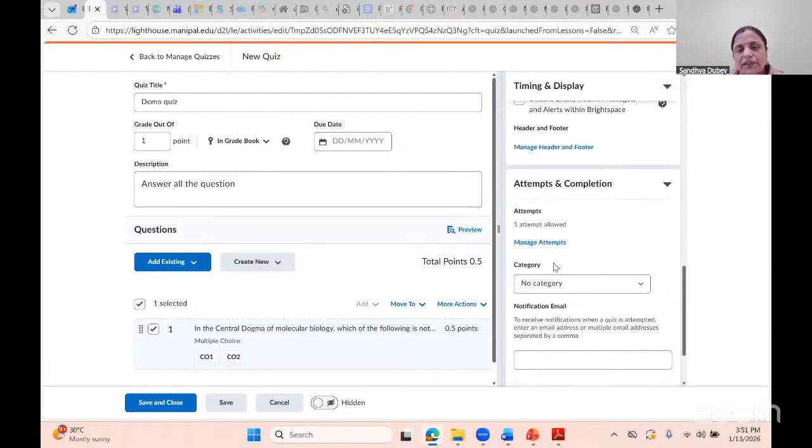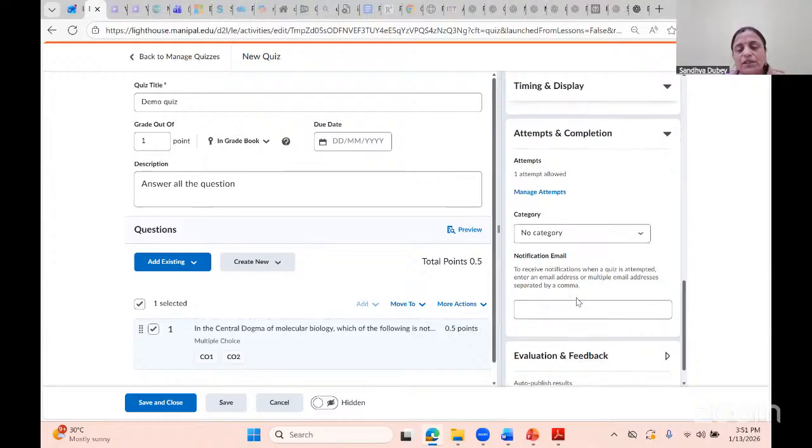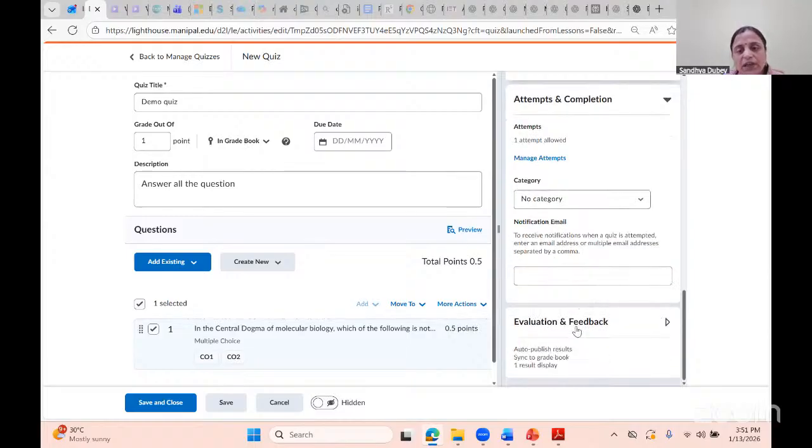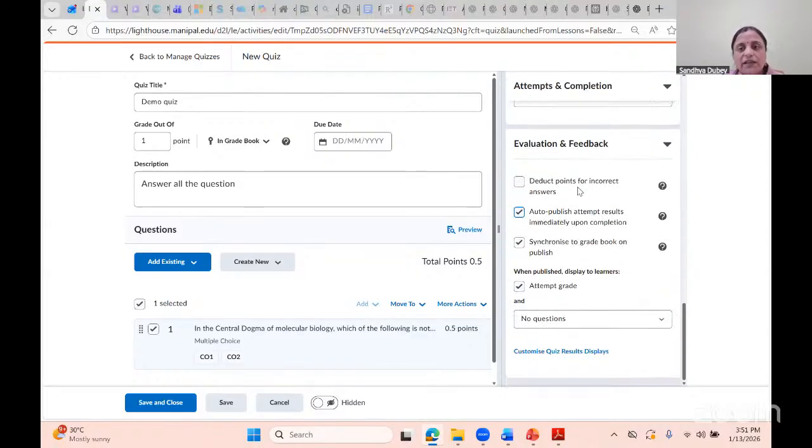Only one attempt is allowed, or many attempts. If there are many attempts, how are you going to control it? Whether you need the email notification when they have submitted. Similarly, for the evaluation and feedback, whether there is negative marking, deduct the point for an incorrect answer. If you want to enable negative marking, in that case we need to select the deduct point for incorrect